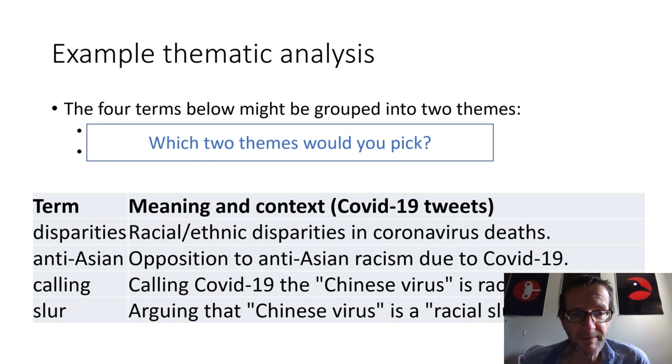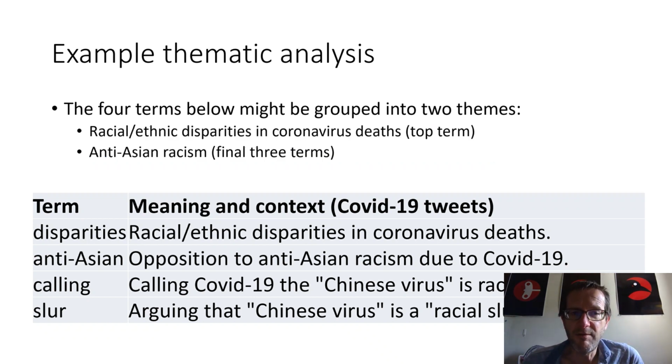So here's an example. We've seen these terms and their meanings and context before. I think you can group these 4 terms into 2 themes. So I'd like you to have a look at these 4 terms and decide which 2 themes you would pick to group these terms together into. If you want to spend a bit of time on this, pause the video and then restart when you're ready. So the 2 themes I've identified are, the top term I think is about racial or ethnic disparities